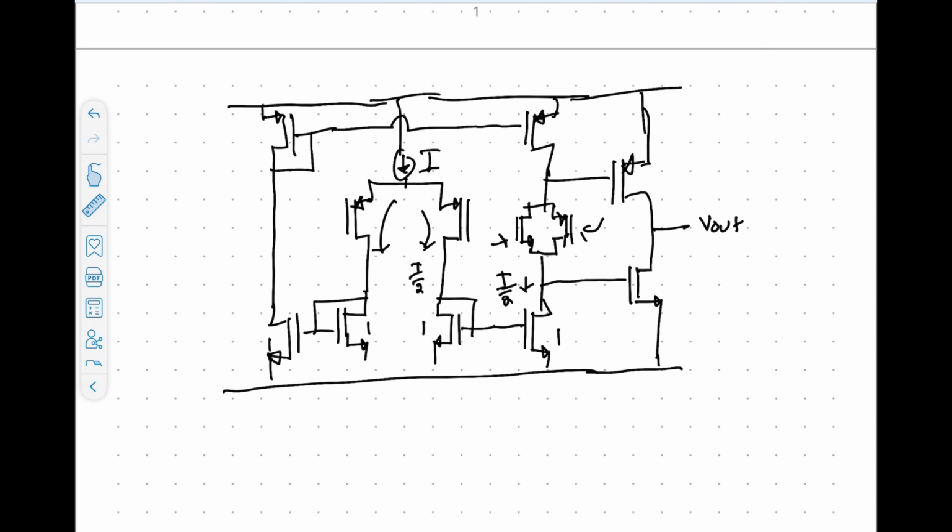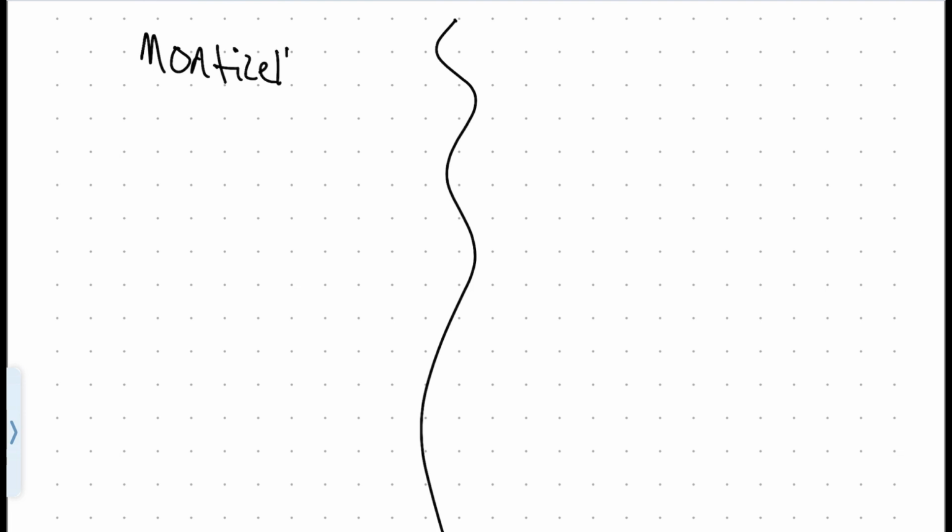Okay. The last thing that I would like to show regarding the Monticelli bias is how exactly it can achieve rail-to-rail operation. And in order to do that, I need to show you a comparison of the Monticelli bias and a more traditional architecture. So on the left, I'm going to put the Monticelli. And then on the right, I will put traditional. Right. To draw that,